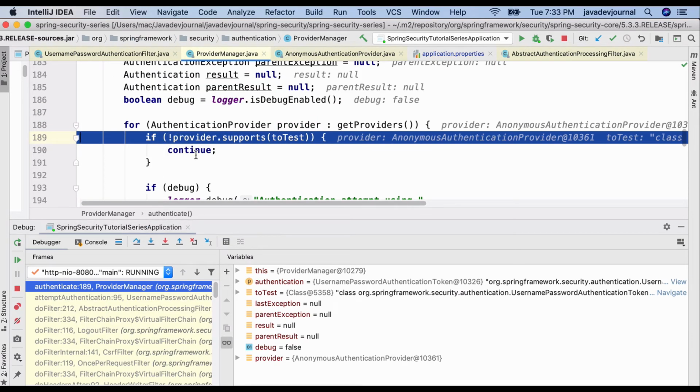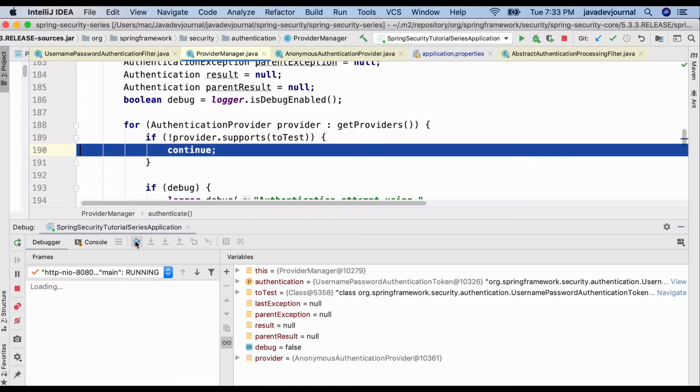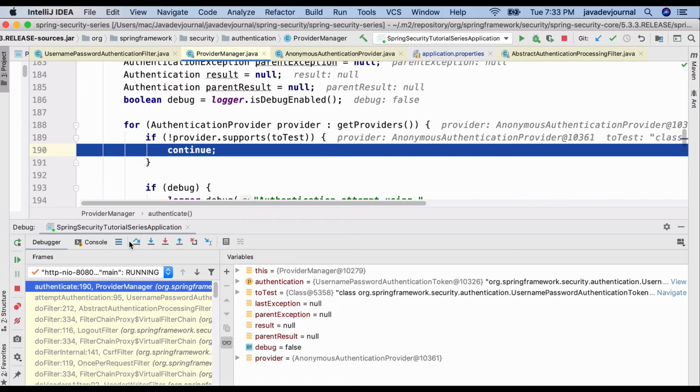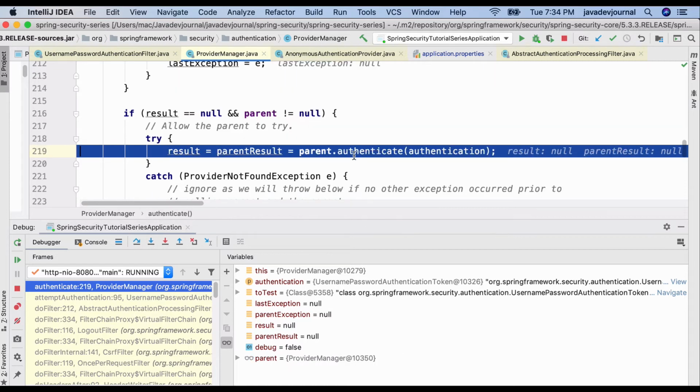So if you see, it will hit the continue condition because this provider does not know how to validate the username password authentication token. All right, and as I said, there can be multiple providers configured for a given provider manager.